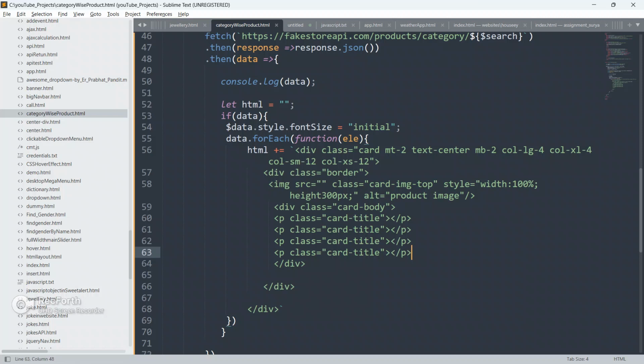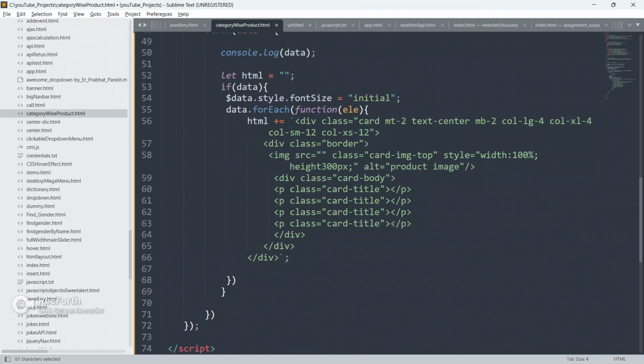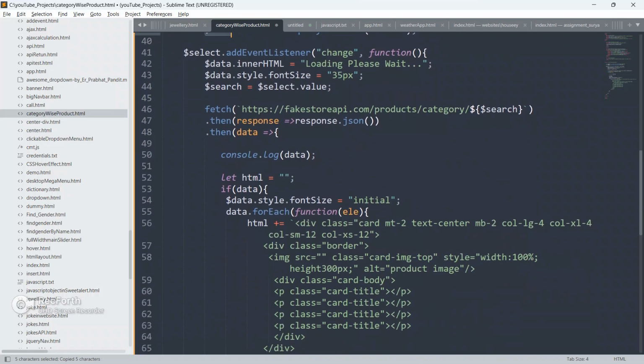So guys, now we are gonna append this to this data. We are gonna place each and everything in this div by using JavaScript. I have already taken the reference data.